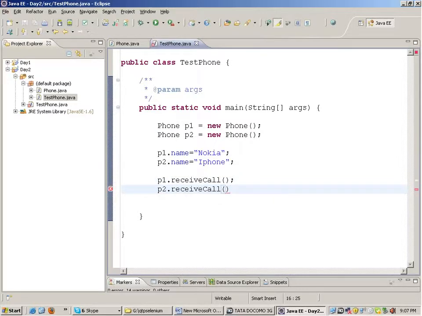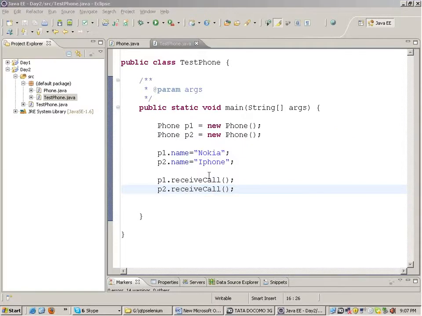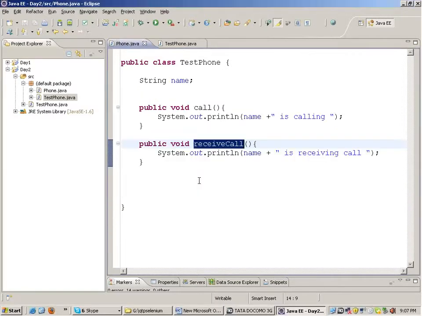So what will happen? What will happen is that when I write p1 dot receive call, okay, the function receive call of p1 is called. When I write p2 dot receive call, this is called. Okay, now receive call is referring to the variable name, right?